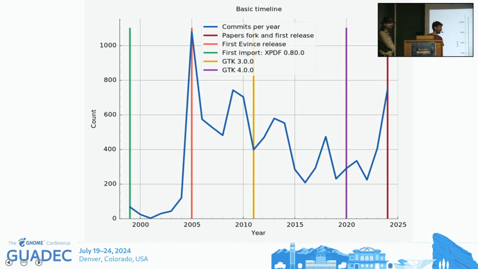It included both the backend, doing all the rendering, and the front-end UI, and at some point it was split. One part became Poppler, which is the PDF backend that we are still using, and the other evolved into different apps. The red line with the peak in the number of commits is the first Evince release.